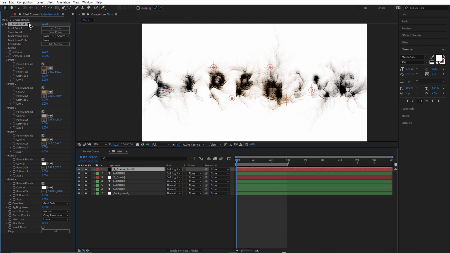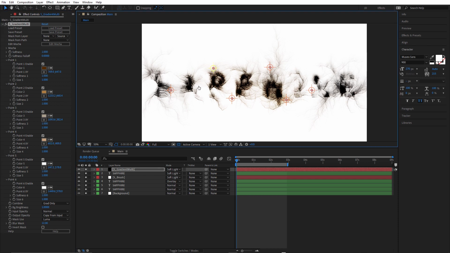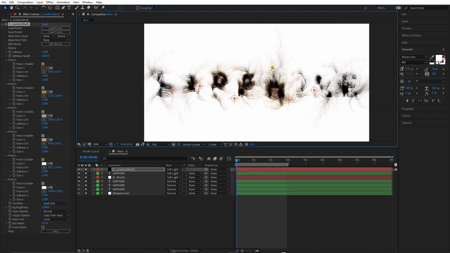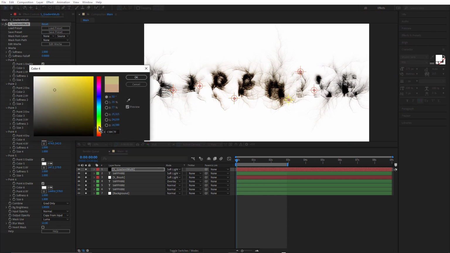If we select the effect, just move these around. And of course you could animate them. And you can just sort of art direct how this looks depending on where these different points of color are. And of course you can change the colors as well. You want to introduce maybe a little more green.